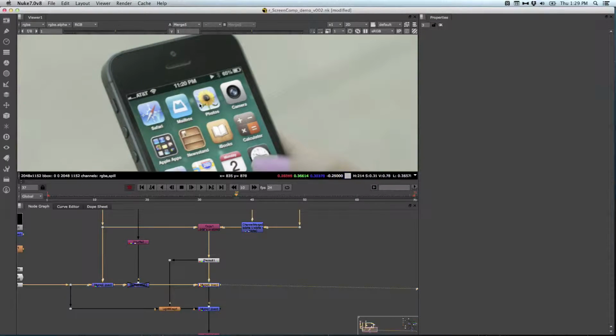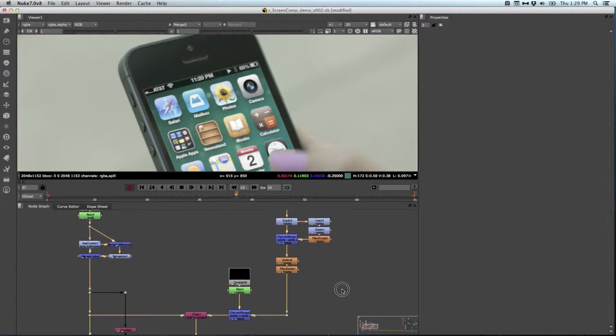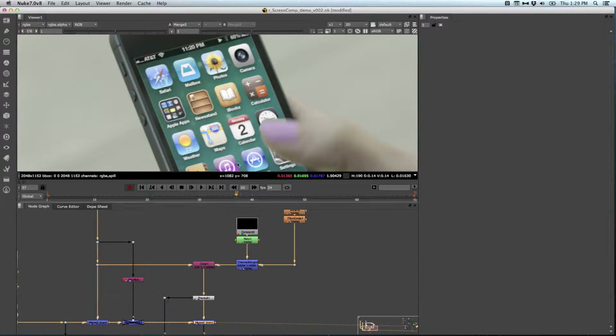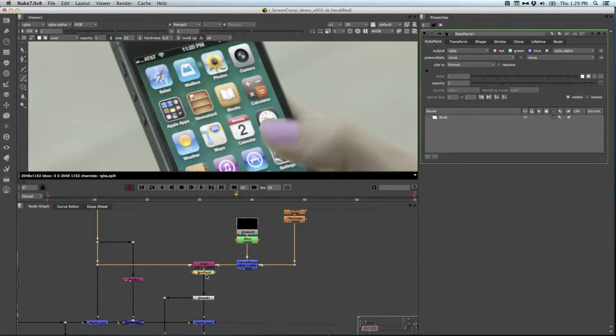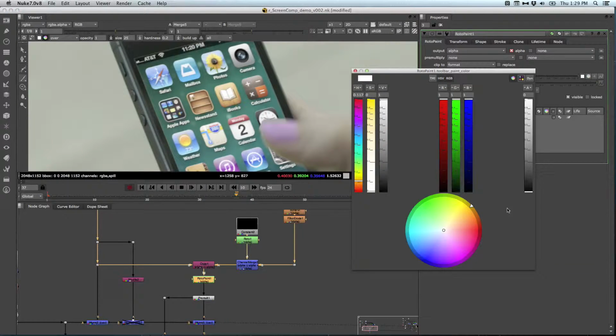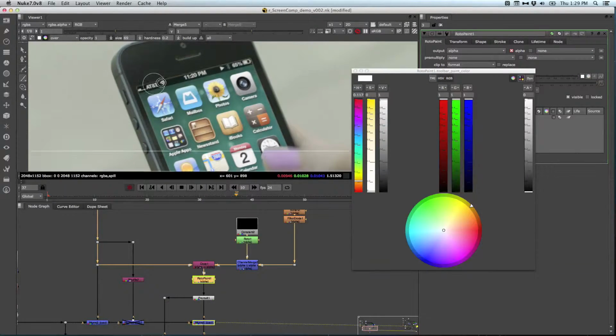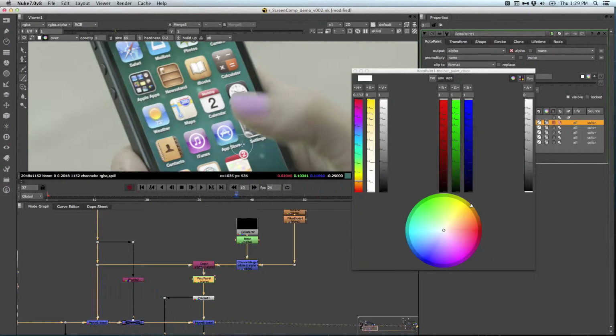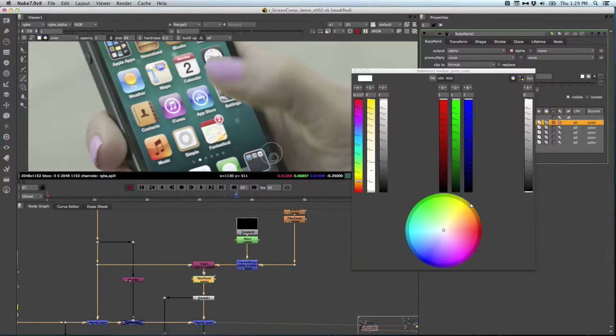That kind of thing is something you can adjust out in the key, but in doing so, you will most likely screw up the key for the thumb. So to be perfectly honest with you, since most of these shots were pretty short, a second or two, what I typically do is after we're copying the alpha channel back in, I will throw in a rotopaint node set to alpha and turn the alpha down to 0, and I will paint away the edges, which sounds like an annoying manual process, but considering that getting this thumb key correct is the more important part,